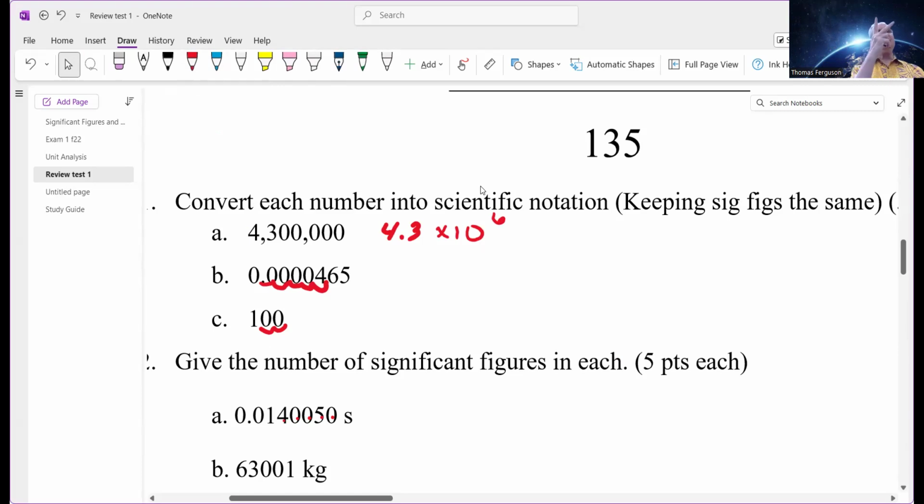Okay, so it's got 2 sig figs, zeros not significant because there's no decimal place. So we need to make sure the precision is maintained from one to the other. All we're doing with scientific notation is renaming it. So the number and the precision need to remain the same. Okay, so